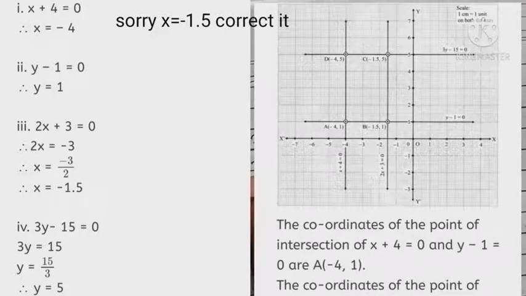So your first equation is x is equal to minus 4. This x is equal to type of equation is parallel to the y axis. Second equation is x is equal to minus 1.5. This is also parallel to the y axis. Third one is y is equal to 5. So this y is equal to type of equation is parallel to the x axis. Now we have to plot the coordinate system. Then we have to draw the graph of these three equations. So let's draw the coordinate system. In the exam you have to plot the graph on graph paper.